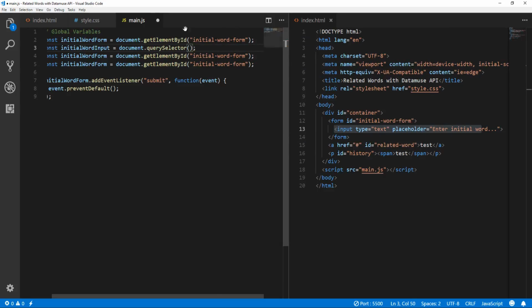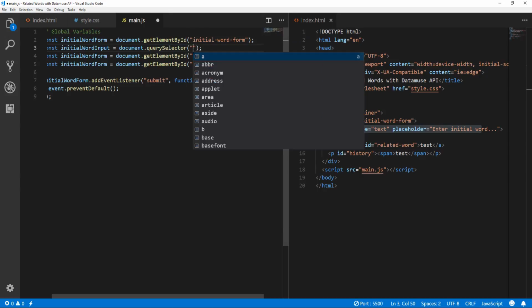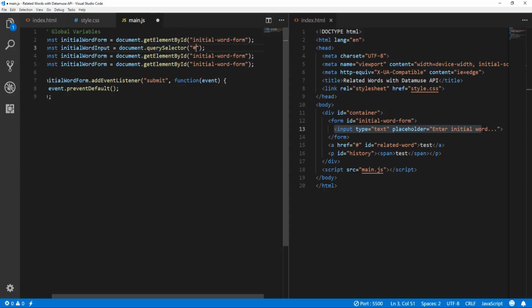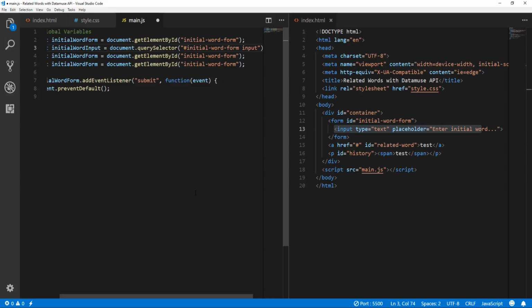The input in here should be a valid CSS selector. So we want the input which is a descendant of the initial word form